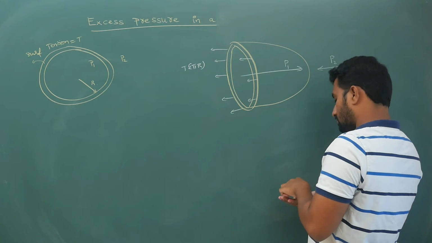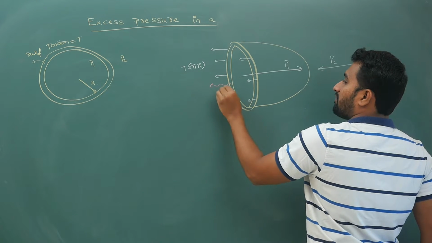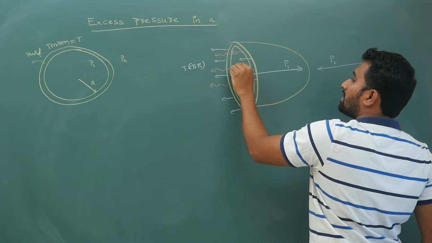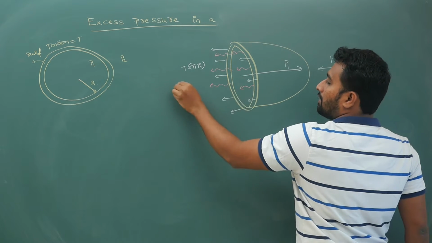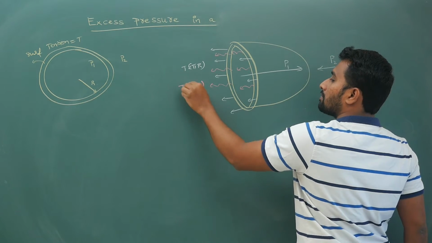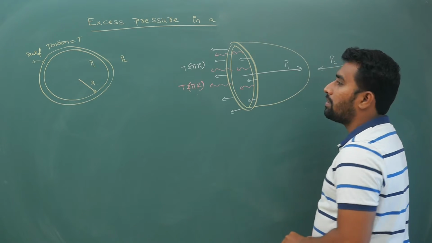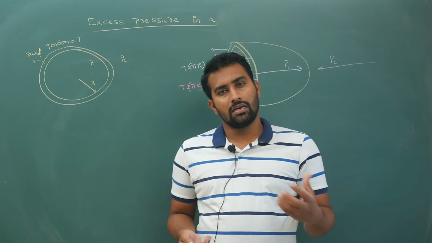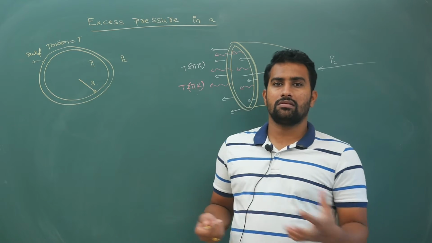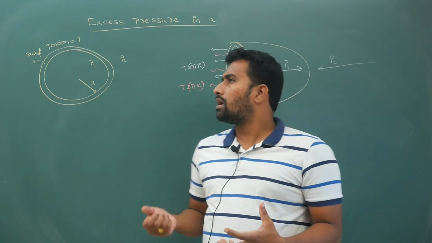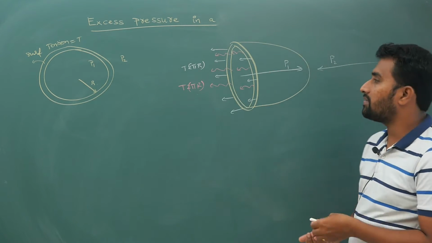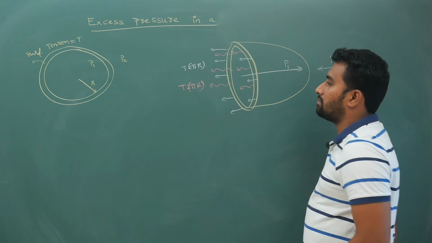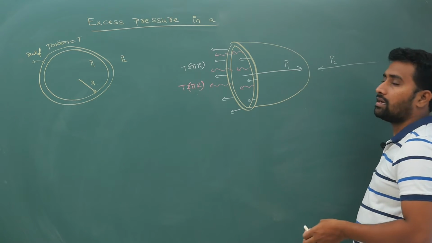and because of the inner layer as well you will have T times 2 pi r. As I have told you, your bubble will have air, liquid, air. It is a three-combination thing. So T times 2 pi r towards left for the inner surface, T times 2 pi r for the outer surface.